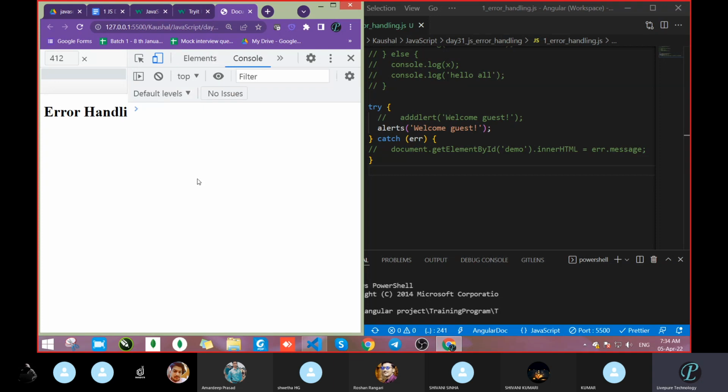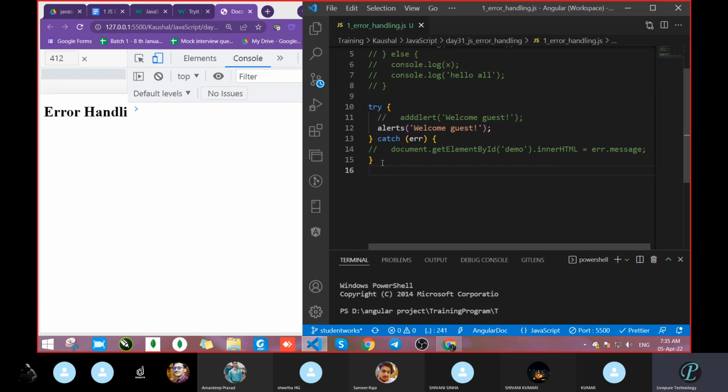Now just tell me, if you didn't get anything, then how will you imagine that something happened? The alert pop-up did not come, correct? Our expected result is the pop-up, but the pop-up is not coming. Then how will we predict what the error is? Did any error come or not? We can't get it. So in this case, we can't get anything about what happened, the reason why we are not getting the output. So we have to go with the try and catch block.